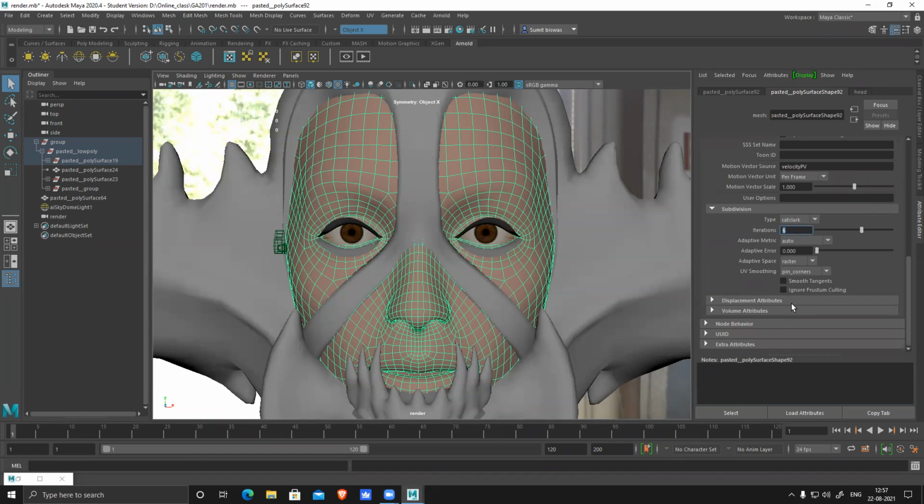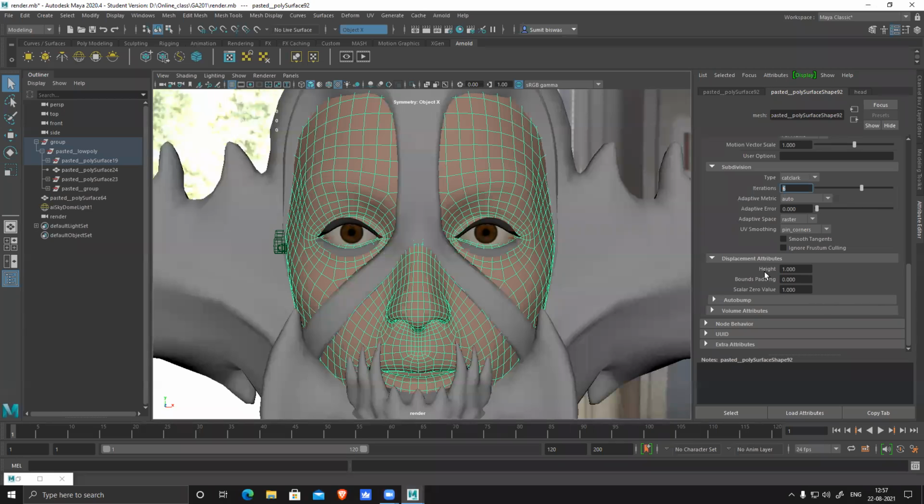Scroll down, then you have displacement attributes. Switch on. By default, this height will be 1, and this scalar value is 1. So keep it 1 only, and test a render. If it's working perfectly, no need to modify anything. If the displacement is way too strong and messing up your mesh, in that case, you remember there's a mid value of 0.5 in ZBrush. Then change this to 0.5. Only in that case. Right now it's working, so no need to modify.